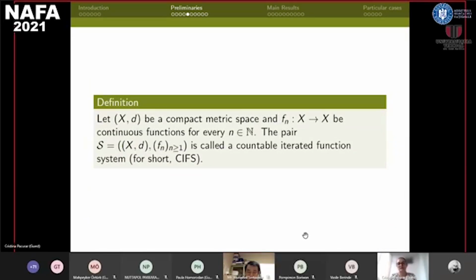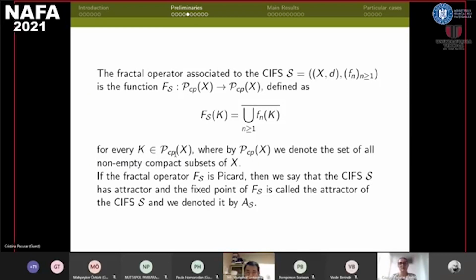Considering a compact metric space X with a metric D, and a countable sequence of continuous functions Fn, we call a countable iterative function system the pair formed by the metric space X with the metric D and the countable sequence of continuous functions Fn. The fractal operator associated with this countable iterative function system is the function Fs, which is defined on the set